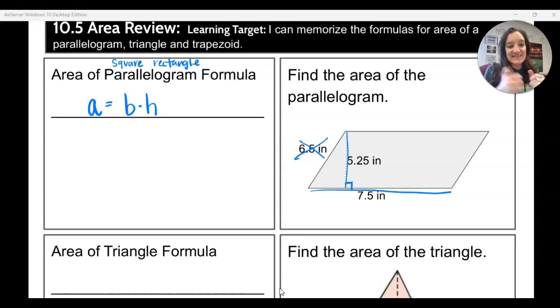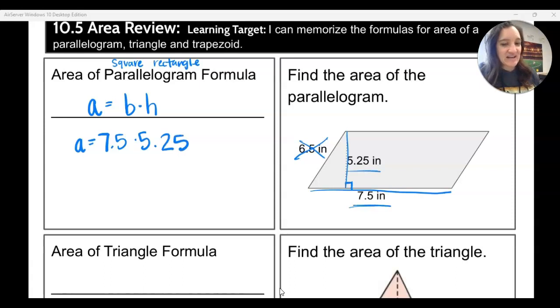So before I can stick this into my calculator, before you can put it in your calculator, you have promised Mrs. Madsen that you would write down all of the work that you are doing before you actually put it in the calculator. And this is what I'm talking about. Before I put the base and the height into my calculator, I'm going to make sure that I put it on my paper. Now I can pull up my calculator